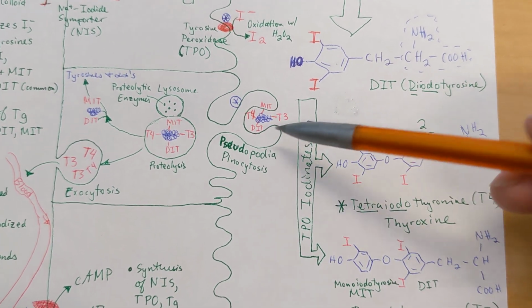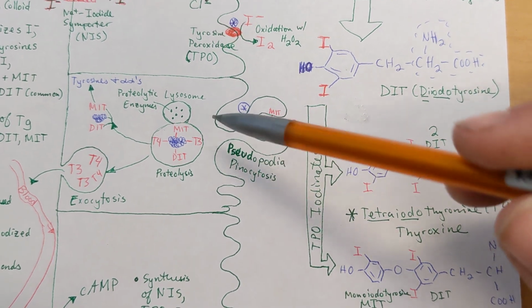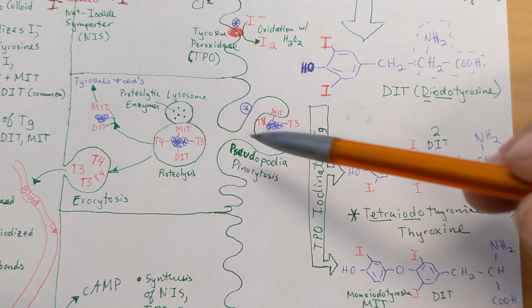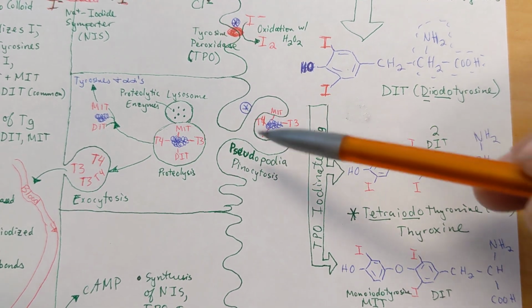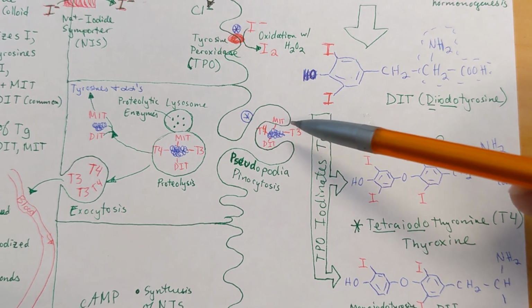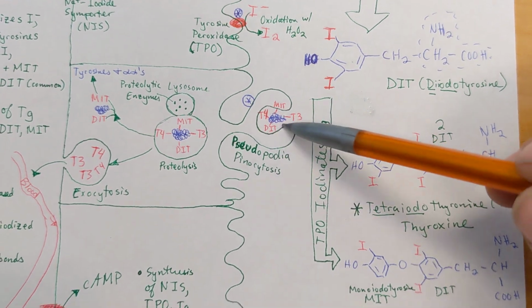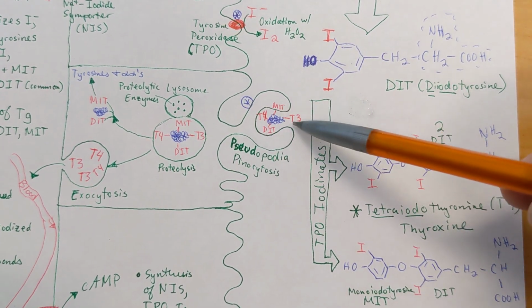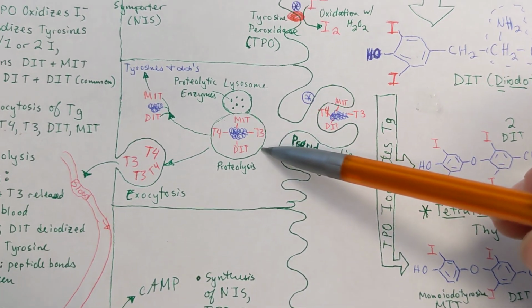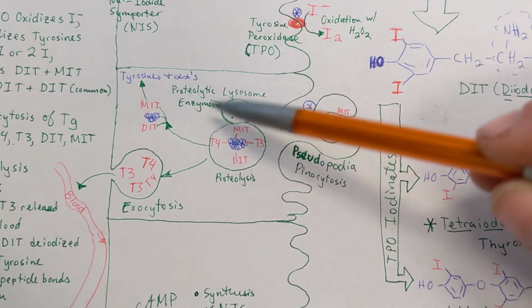And so what's going to happen is that the follicular cells, right, these thyrocytes, are going to endocytose, take in thyroglobulin loaded up with all of these different variants, take it into the cell,